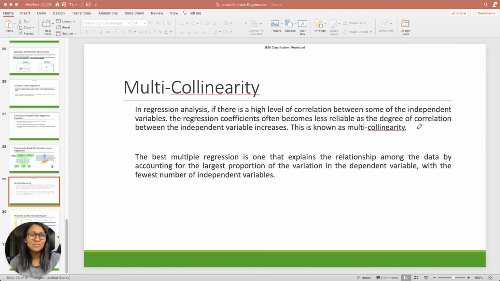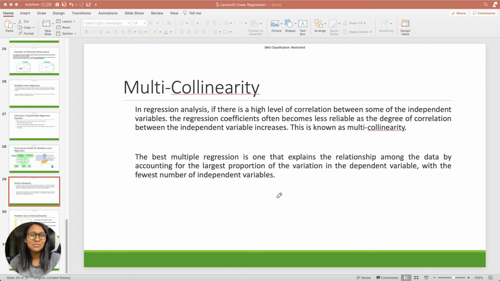There are certain pieces of information which are very important in this statement. The first one is that we're talking about the correlation between independent variables. Remember, it's a good thing to have high correlation between the dependent and independent variable, but it is not a good thing to have high correlation between two independent variables. When that happens, there are certain issues that come up that we need to check for and that make the model outcome not very desirable. This situation is called multicollinearity. So multicollinearity is when independent variables are highly correlated with each other.